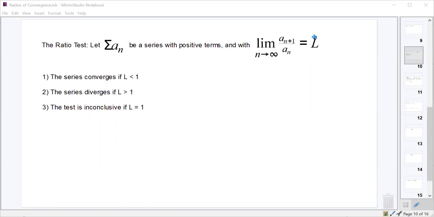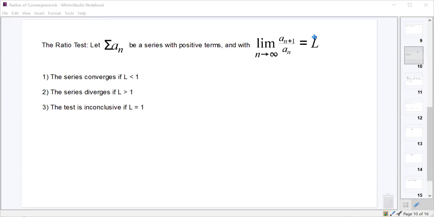So if you're asked to determine if something converges or diverges, the first thing you want to do is think, all right, is this a p-series? If it is, you're done. If it's not a p-series, then you've got to start thinking about other stuff. You think about the nth term test for divergence to see if it diverges. But if it doesn't necessarily diverge, then you maybe move on to the direct comparison test, but maybe you don't see a good function to compare it to. So if you don't see a good function to compare it to, you move on to this one, which we